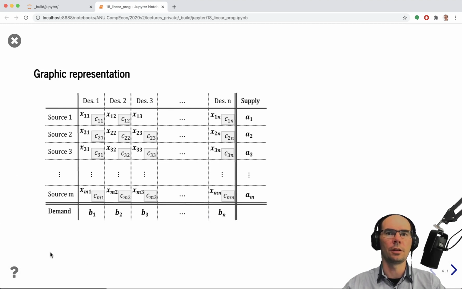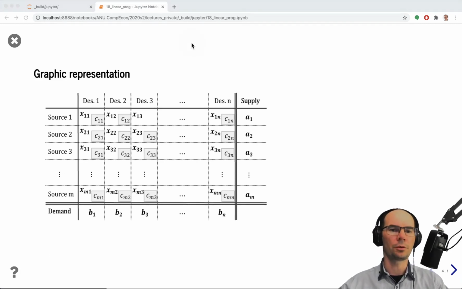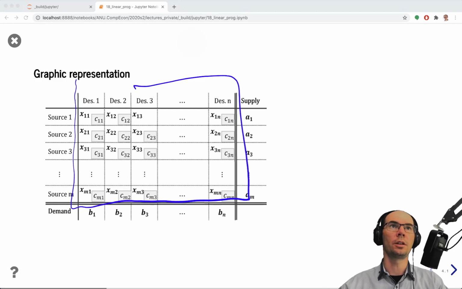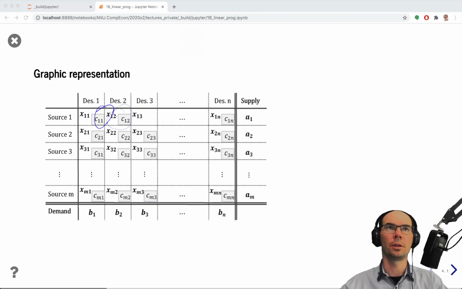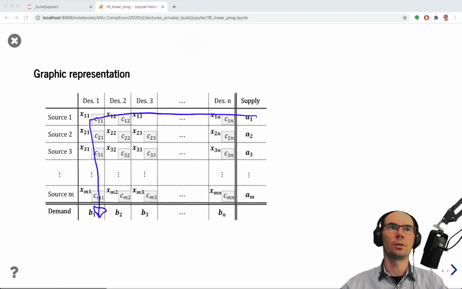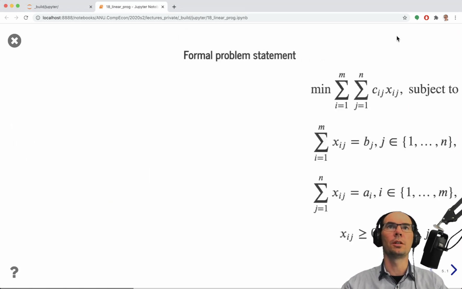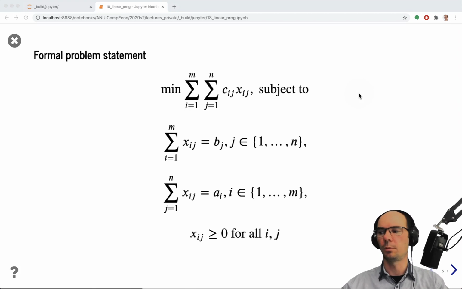Now, let's look at a generic representation of a transport model. You have a matrix of the costs, C11, C12, and so on. These are the costs of transporting goods from each of the suppliers down to each of the demands, so from A's to B's. And of course, the objective is to minimize this transportation cost. So we are minimizing